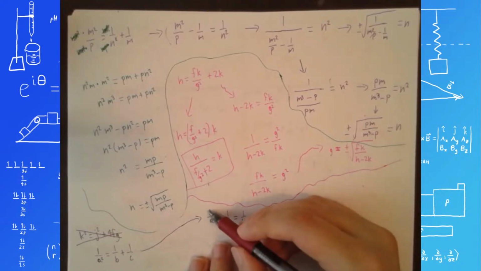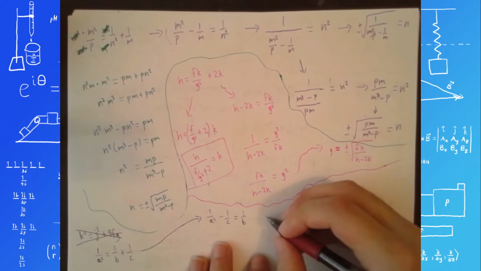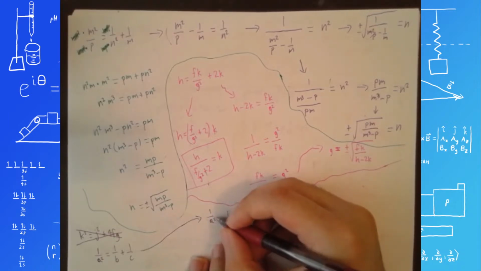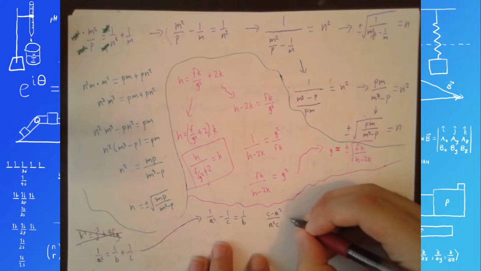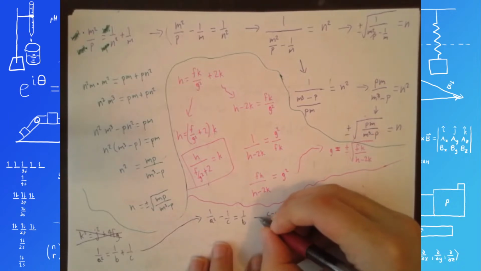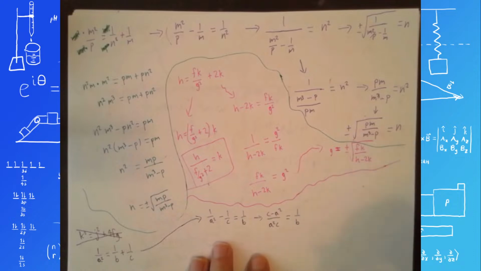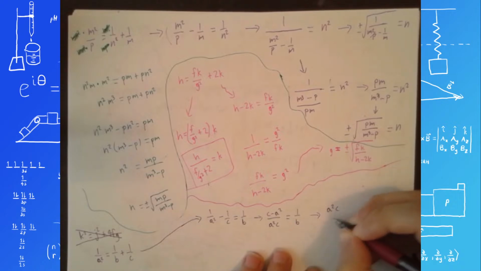So multiply by c over c here and multiply by a squared over a squared there, and we get c over a squared c minus a squared. So c minus a squared over a squared c equals 1 over b. And then flip both sides, and we get a squared over c minus a squared